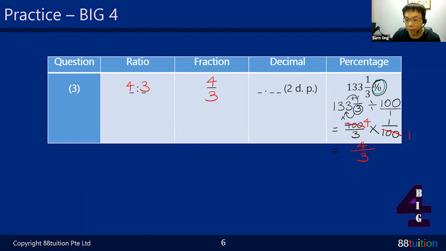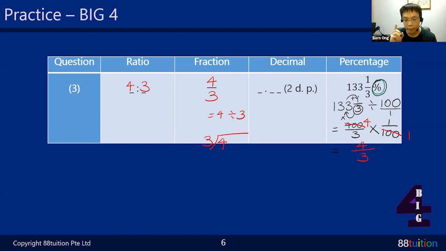Decimal, how? Okay, don't panic. Just now I taught you one way, which is to memorize the magic 4. But if it never comes out, never mind. Try to make the denominator into a 10, 100, or 1000. If really cannot, then you divide. So 4 over 3 stands for 4 divided by 3. The 4 goes inside, the 3 is outside.